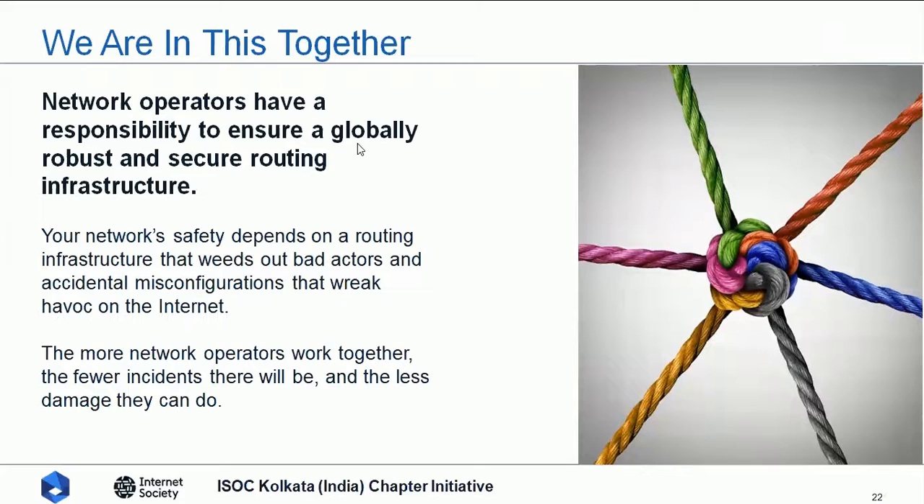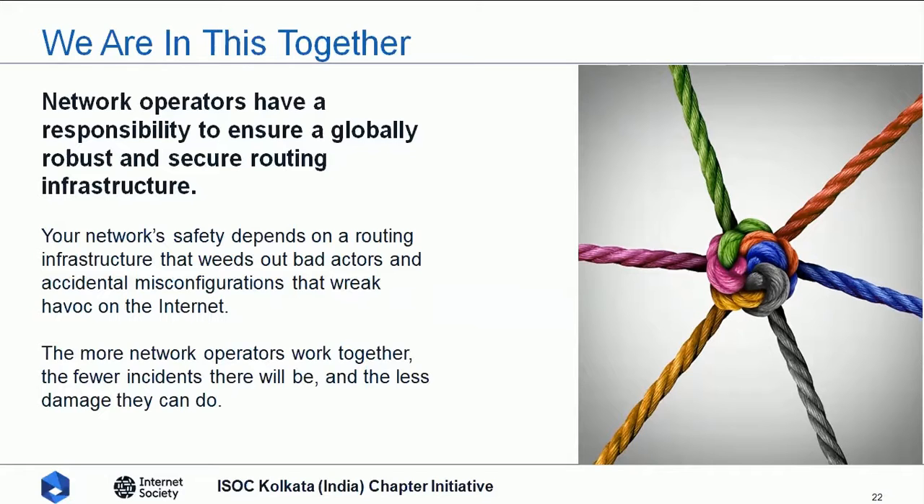So to summarize all this, entire ecosystems are built together, and the network operators have a responsibility to ensure a globally robust and secure routing infrastructure. Your network's safety depends on a routing infrastructure that weeds out bad actors and accidental misconfigurations that wreak havoc on the internet. So there are some incidents, or maybe many incidents, which are intended because there are some bad elements out there. They want to steal your data. They want to do some kind of harm to your branding, your reputation,